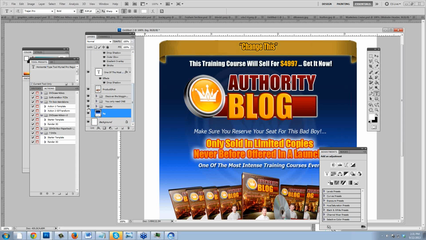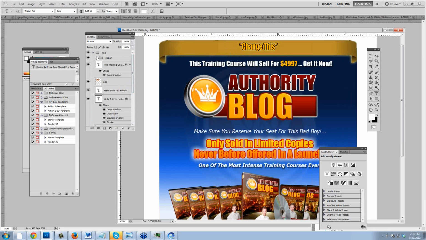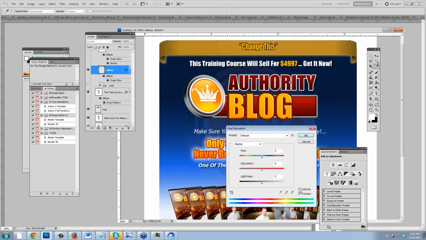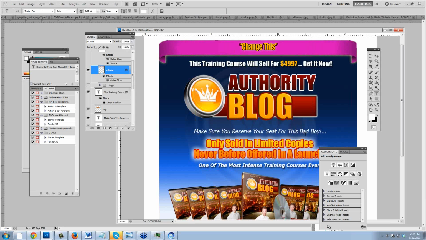If I come over here, let me find my header. Let's say that we want this ribbon up here a different color. I'm going to do the same exact thing. I'm going to find it wherever that's at, and we can find things by turning layers on and off, especially if we don't have them labeled correctly. I'm going to click this guy here, click over here, and this time we want it this color. Bingo, we're done, guys. Guess what? I have a new sales page that I can sell a client.